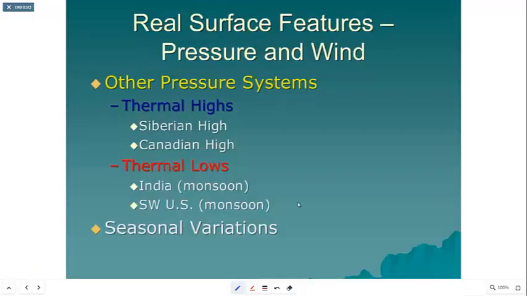Okay, moving on, and the next on the list is talking about these thermal features. So now we got to flip gears. The next low and high pressure systems we talk about will be thermal in nature. So we're going to talk about the Siberian high, the Canadian high. Over in India, we'll take a look at their thermal lows that help promote the monsoonal seasons, and also the one that promotes our weaker monsoonal season here in the southwestern part of the United States. So on the map,